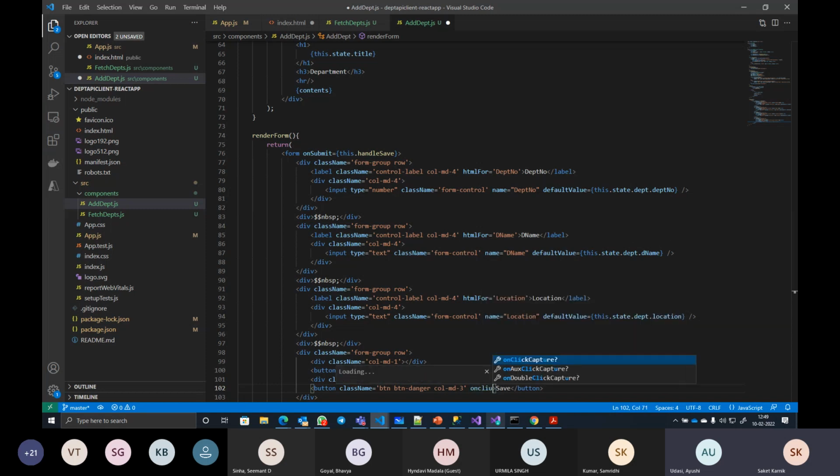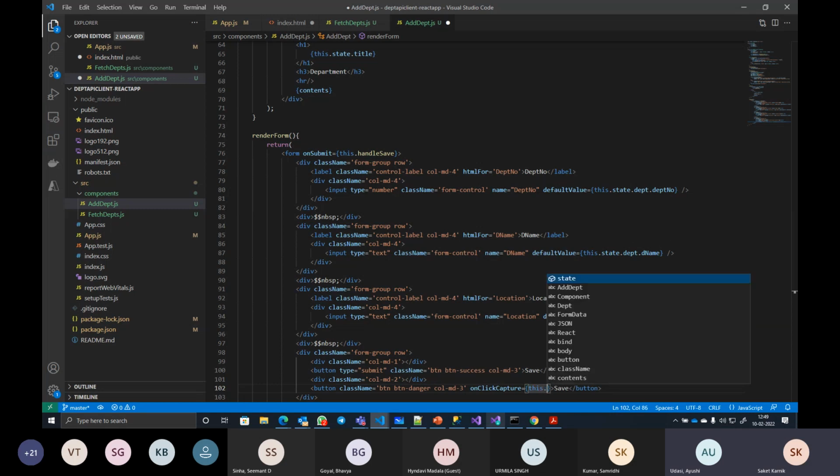So I say onClick equal to, within curly braces, this.handleCancel, and the text for this button will be cancel.